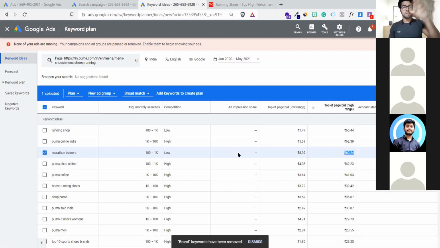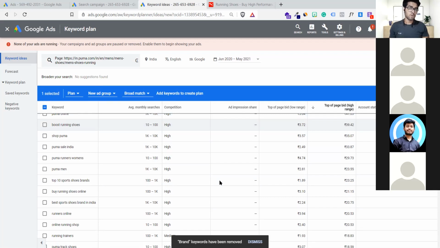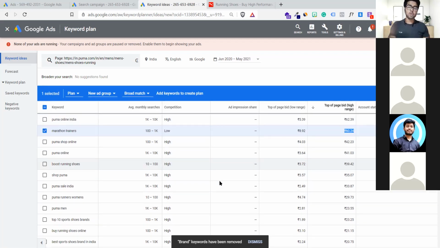After some time, Google will analyze what's wrong with your ads, and why people are not sticking to your advertisement. Google bots will analyze, then a Google person will analyze why your particular ad is getting such a low quality score. On average, if your ad is pretty relevant, you should get a 4 to 7 quality score out of 10. That should be the ratio. But if your ad is not performing well, or you are doing some fraud, you will of course get a poor quality score, 2 out of 10 or 3 out of 10. Then a Google person will personally analyze what's wrong with your account. Maybe your information is wrong. They will check your website. The moment they check your website, they will see your ads. You are writing Puma, but you are not selling Puma products. You will face an immediate ban.